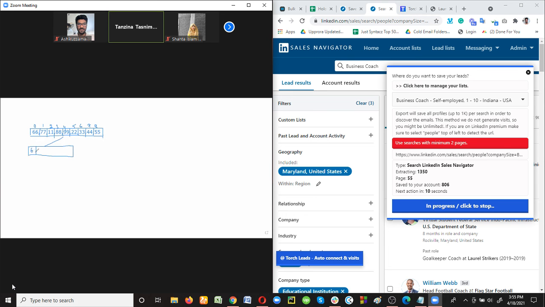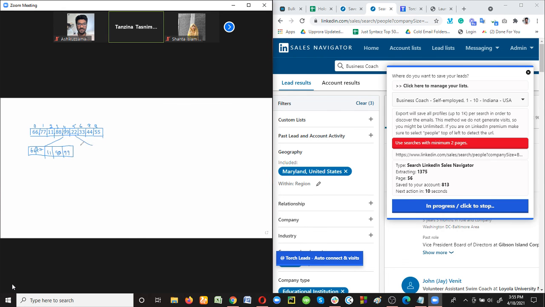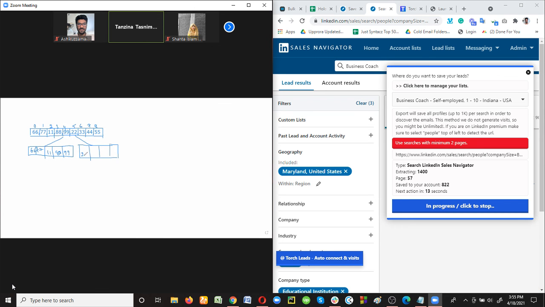So 66, 77, 11, 88, and 99. This is the other half, where we take all the elements from mid plus 1 to upper bound. So it's 22, 33, 44, and 55.